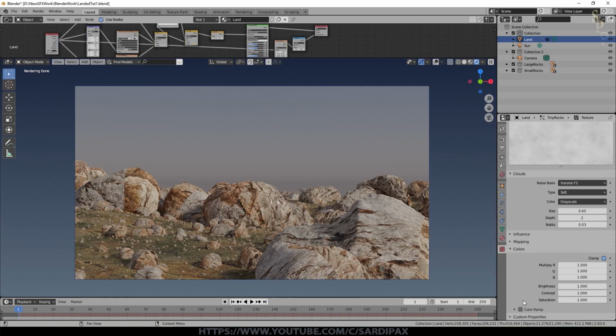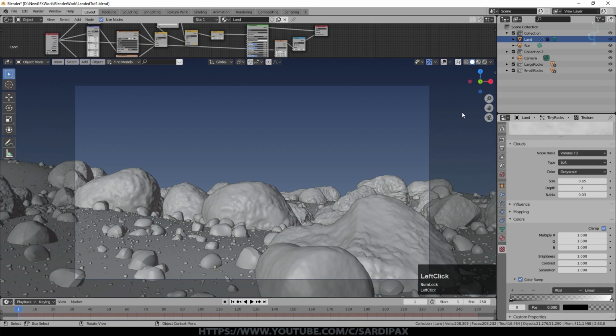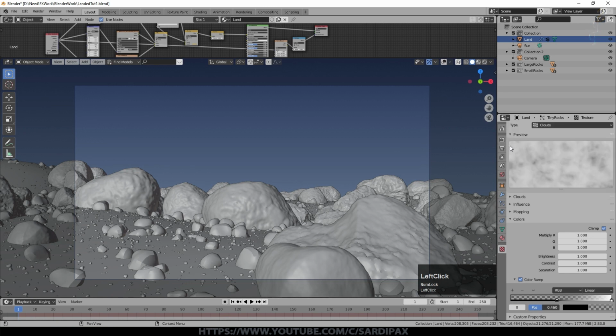Under colors, I turned on color ramp here, and then if you open that up, I'm just going to go to clay view just so that it updates a little more quickly, and then I can pull this up here. And what this is doing, I'll just minimize that, is increasing the contrast on that clouds image up here. And you can see what's happening there. Perhaps even go a little higher up here. So this is now going to define where I have small rocks or tiny rocks or rubble.